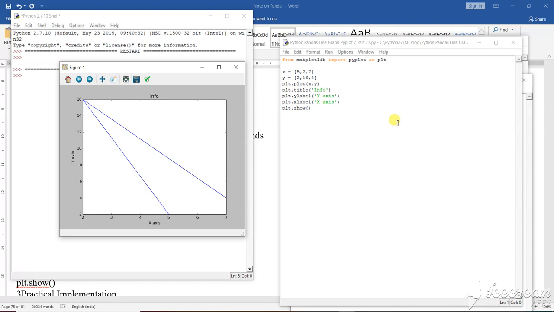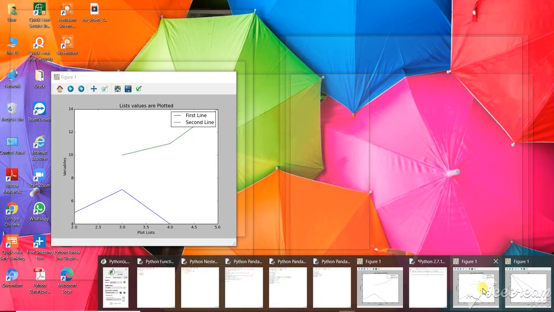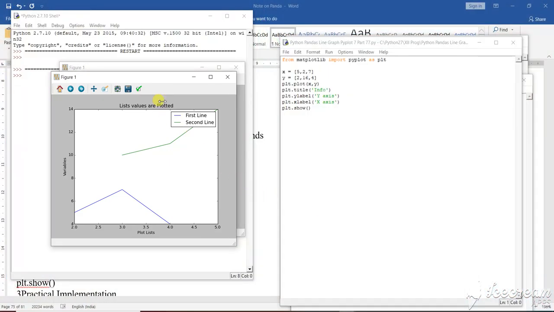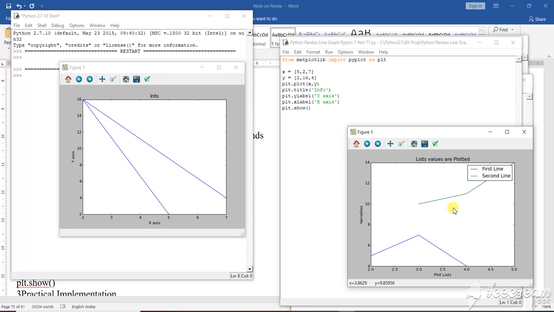Previously you have seen the output, that the output has been half graphed here. Have you seen this output? This is the output of the previous program where we have done the plotting in a different way in a line graph. Now this is the graph where you can do the plotting in the phase where you have started. Now 5 and 2. So this is the 2 and this is the 5.